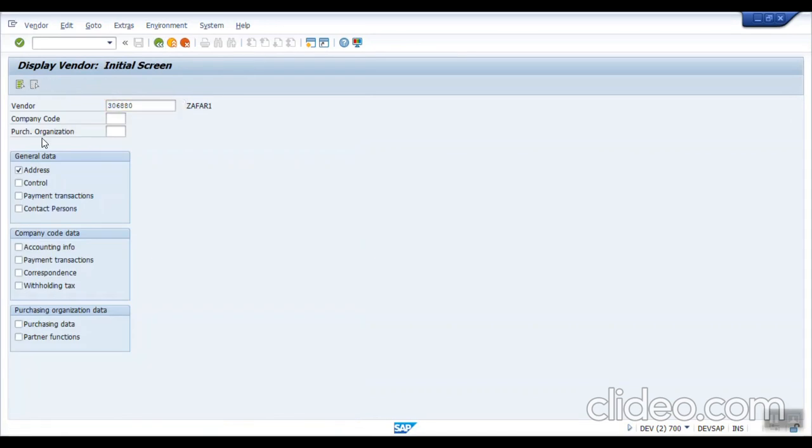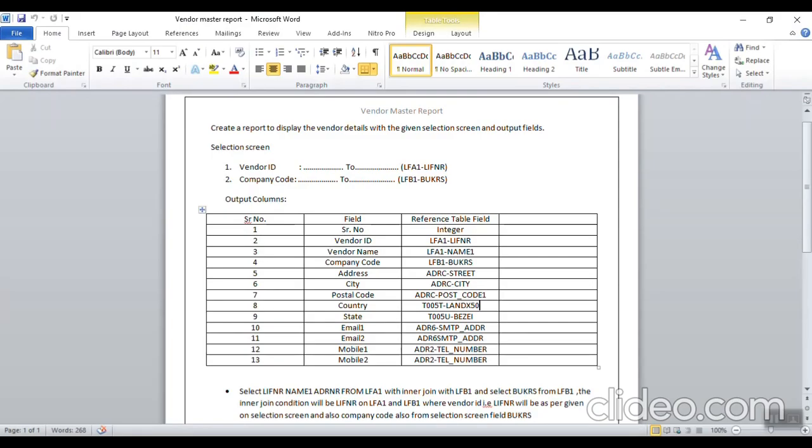Then I want to show the country table T005T and the state table T005U, and email addresses are stored in the ADR6 table, and this is the field name for the email ID. Here instead of one email ID, I will display two email IDs. One is the main and the second is the alternate email ID, and the mobile number is from the ADR2 table.